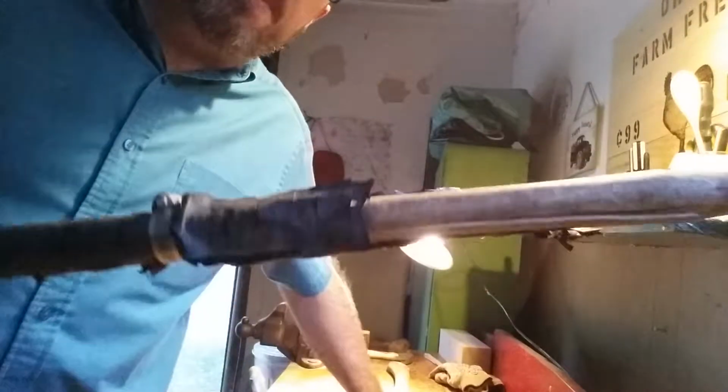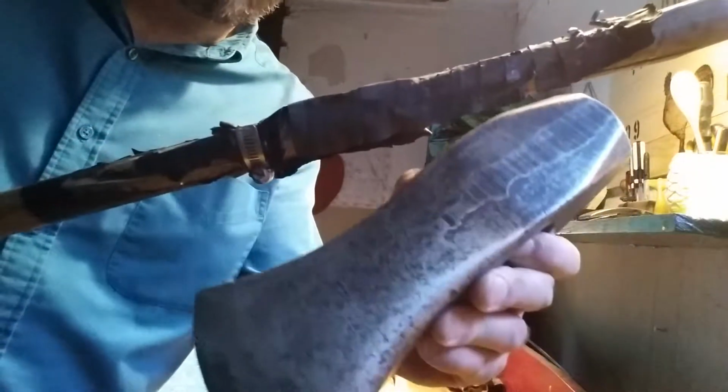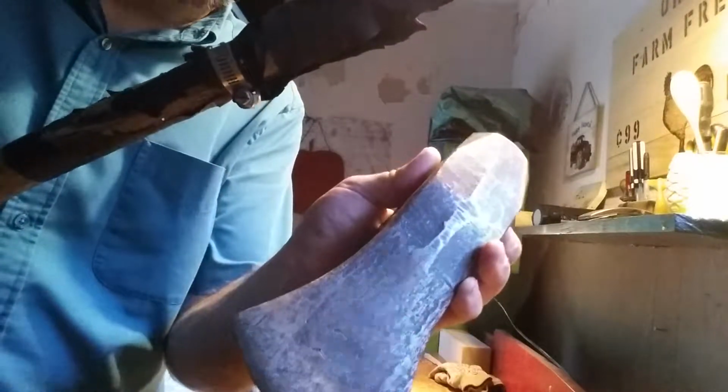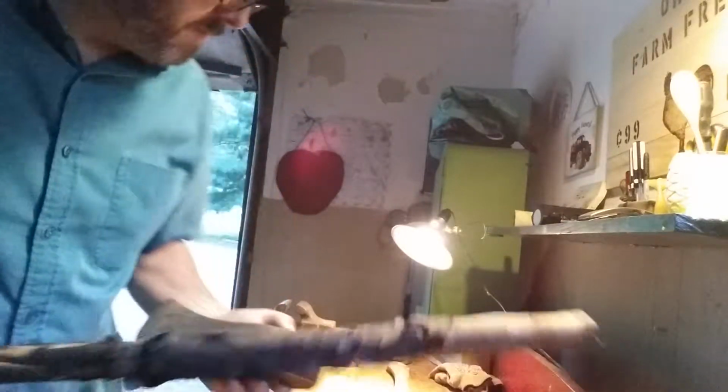Here's the old handle off the 8 pound maul. Here's the ball head. This was covered with rust, and I took some sandpaper and wire brush on the drill to take it off. So got a couple more items to rehang,